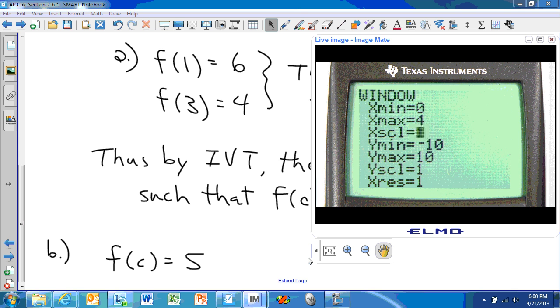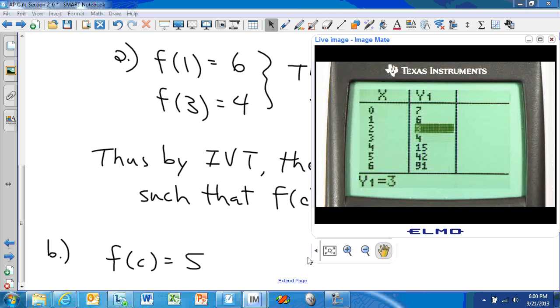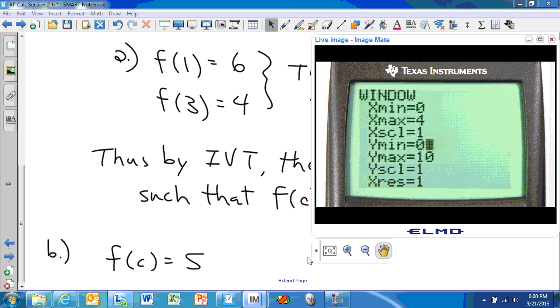But if you didn't know that, you could use your table to help you come up with an appropriate window. I'll start out my table at 0 and have it change by 1, put it back in auto mode, and it will just give me a list of y values that my function is going to take on. So it looks like if I go from 0 to 15 here, it'll be a pretty decent window for the y's. More than I need for sure, but